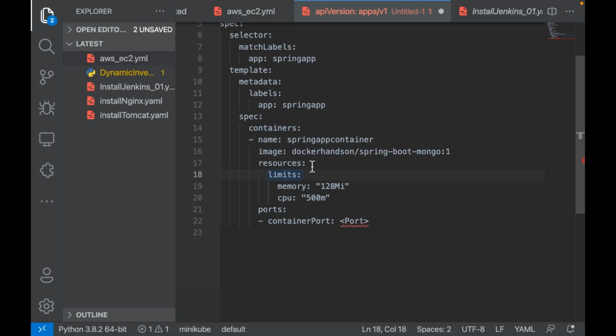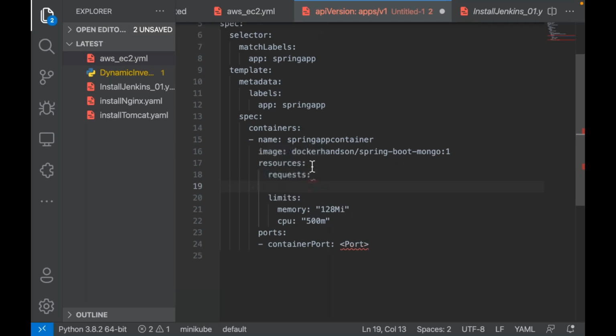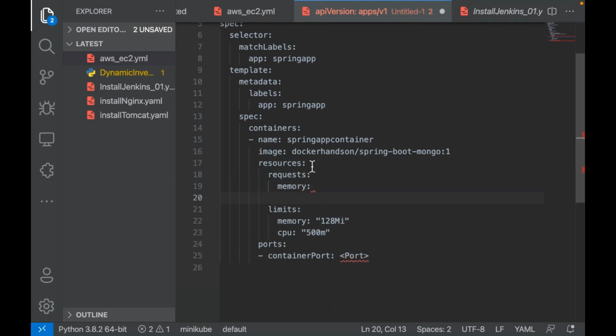Now resources, based on your requirement, you can set requests. Something like this. So in the request, I am requesting at least this minimum much. CPU, maybe something minimum this much.